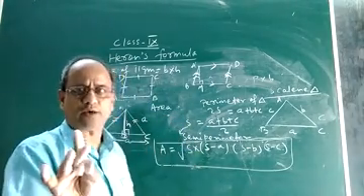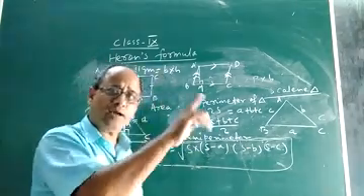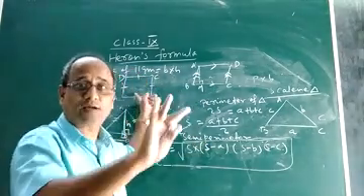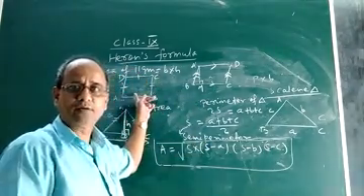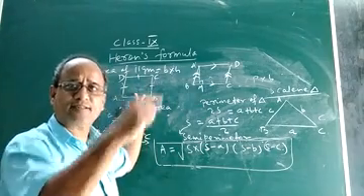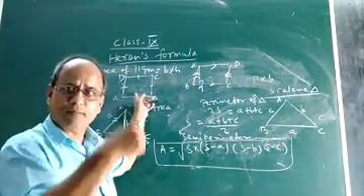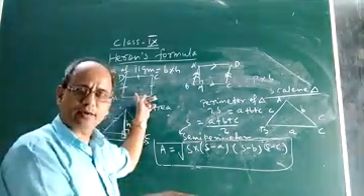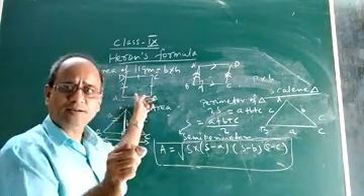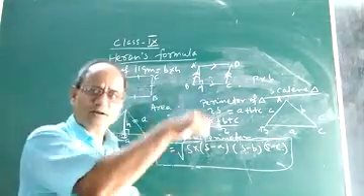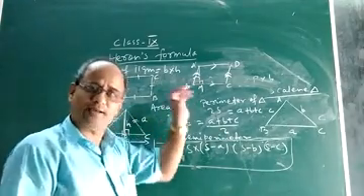But rhombus is not a square. What is the reason? The reason is in a square each angle is 90 degrees, but in rhombus no angle is 90 degrees. See, mark here. So children, it is very important to differentiate between a rhombus and a square. Rhombus and square both are parallelograms, okay? But the only difference is that in rhombus no angle is 90 degrees, but in your square each angle is 90 degrees.